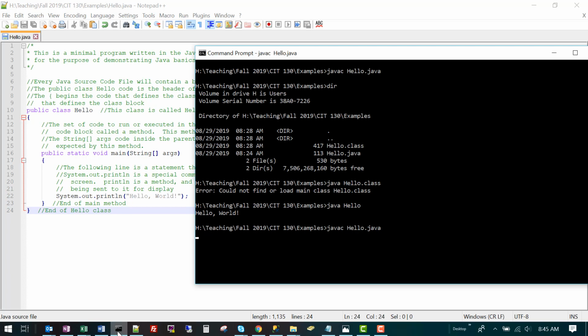So recompiling the source code allows me to make sure that I didn't make any mistakes. We'll then run the Java program using the Java virtual machine invocation and the name of the class file. And it still produces the same message for you.